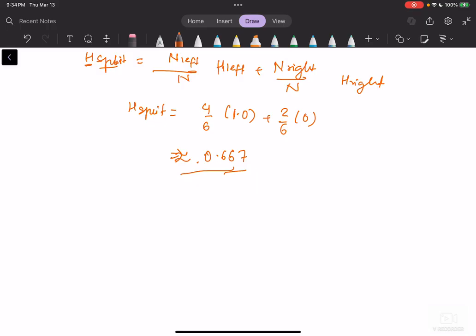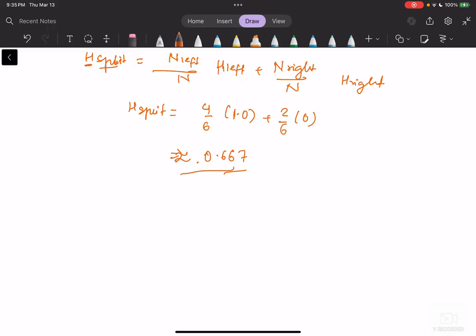Recapping, weighted entropy helps us to evaluate how good a particular split is when dividing data into groups based on yes or no questions. So why do we calculate weighted entropy? If we want to choose the best question that makes the data as pure as possible, then we go through this exercise. So if we split the data set into 2 groups, each group will have its own entropy, and